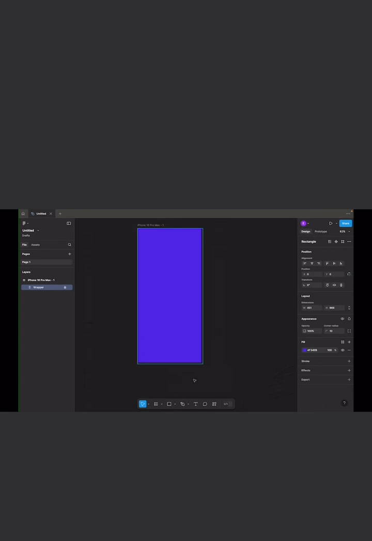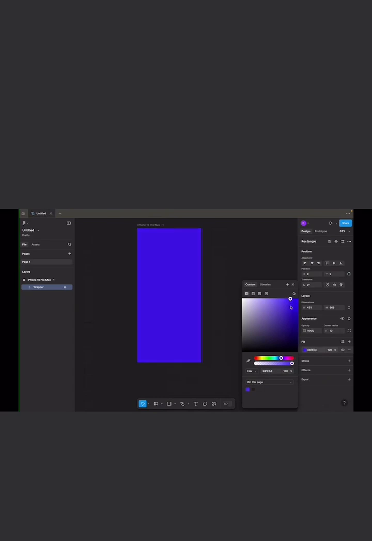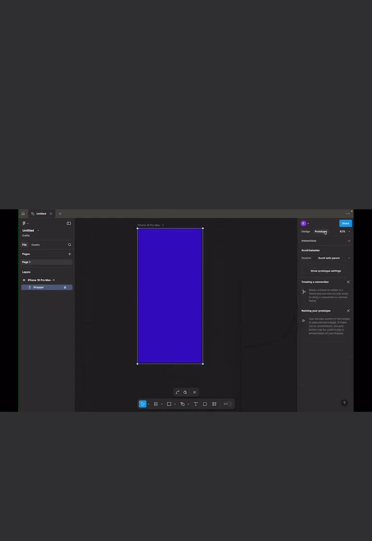Let me just tweak the color a little bit. Yeah, this is perfect. And then I increase the border radius. So if I preview this now on my iPhone preview, if I preview this guy right here,